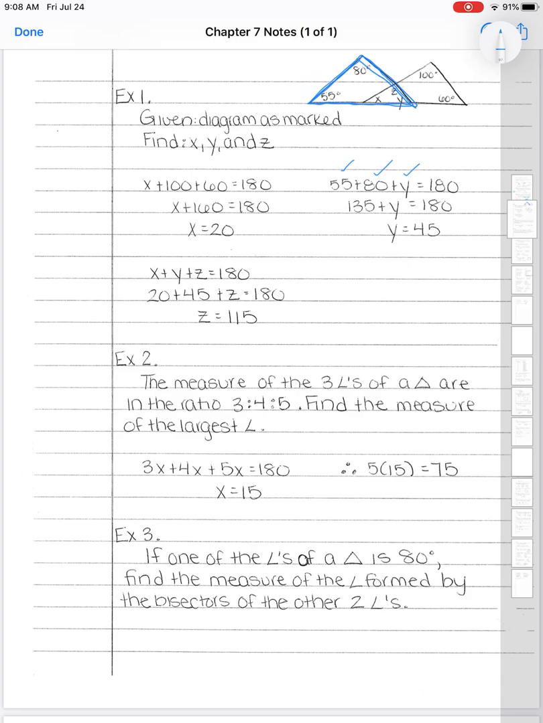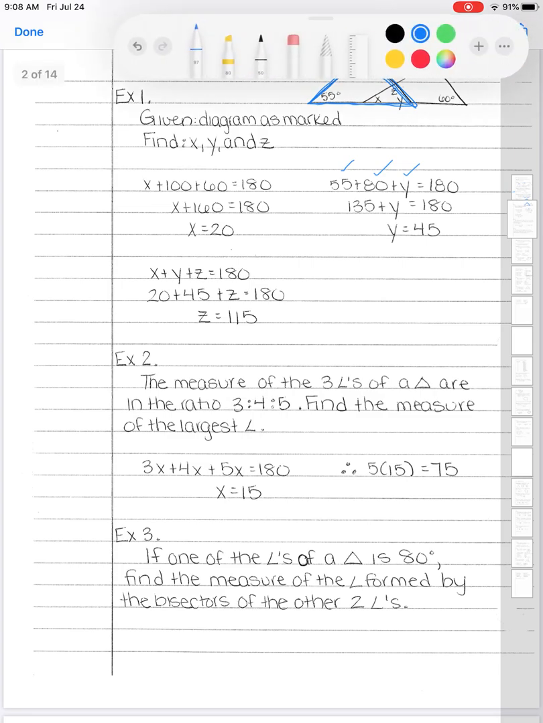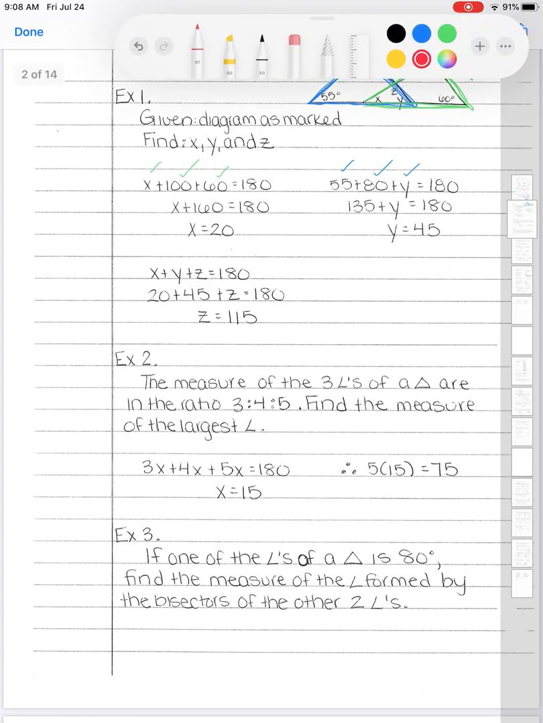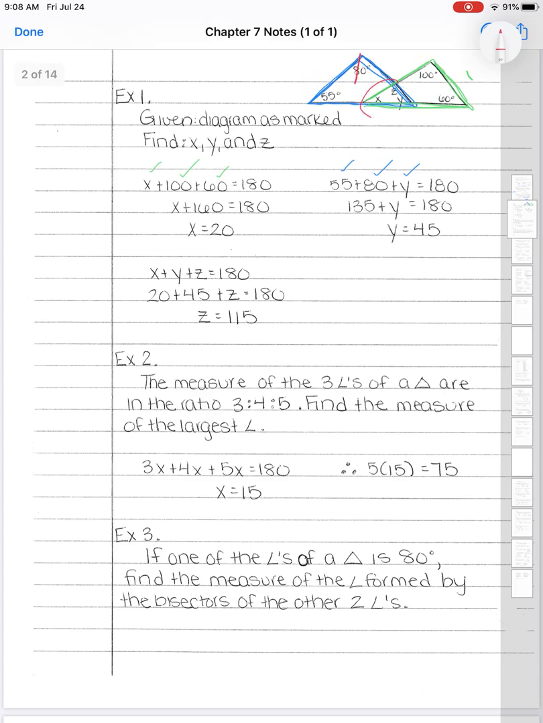All right, so first example here. It says, given the diagram it's marked, we're going to find X, Y, and Z. So this is where you're going to use your knowledge of triangles adding up to 180. So if we take the triangle, it doesn't matter which way, but let's say we take this one right here. Well, there's three angles in there, 55, 80, and Y. X and Z are not part of those. Those are not the angles in the triangle, and they add up to 180, and we get Y to be